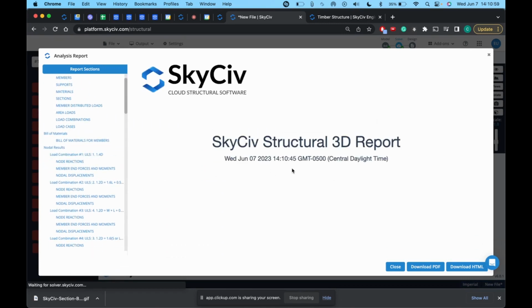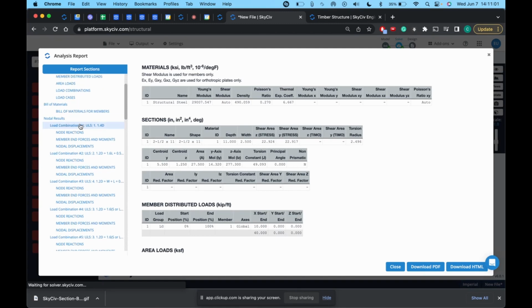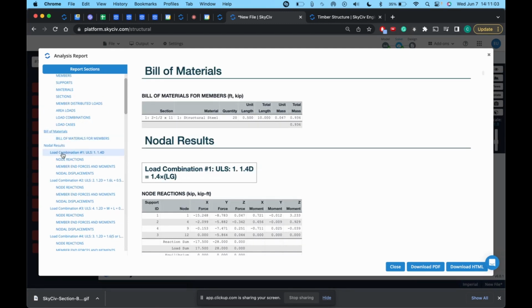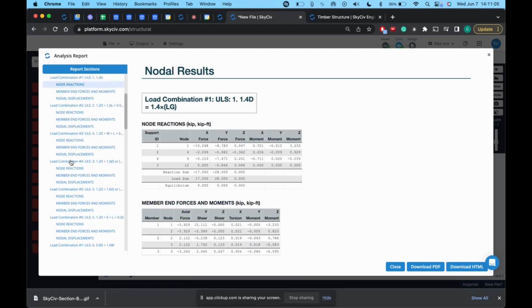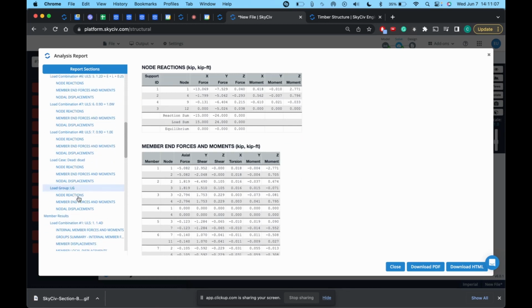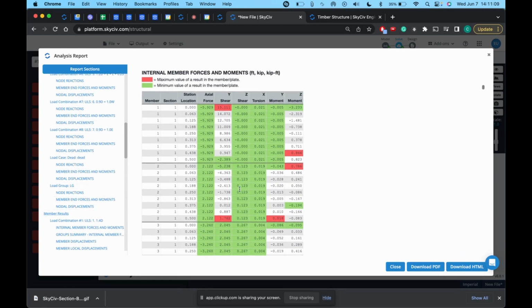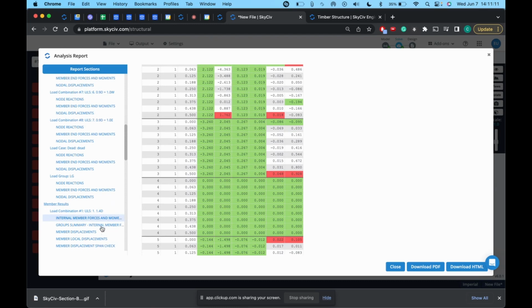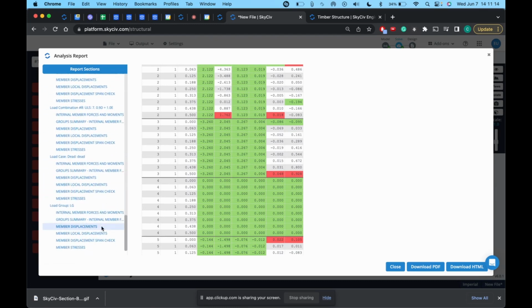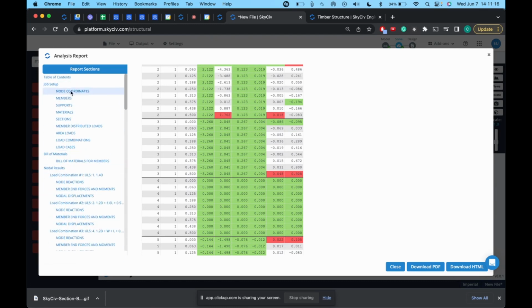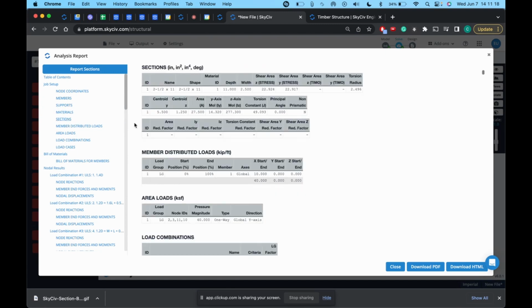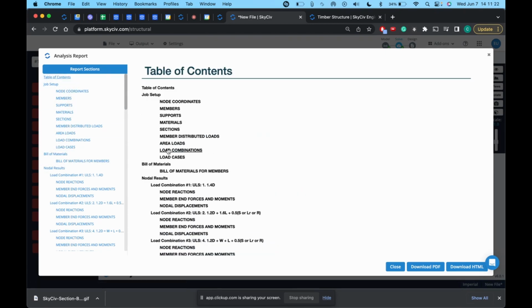This would give us a general report of the analysis we just did: individual load combinations, the individual member results. And if we go up here, there's a nice table of contents that lays out all